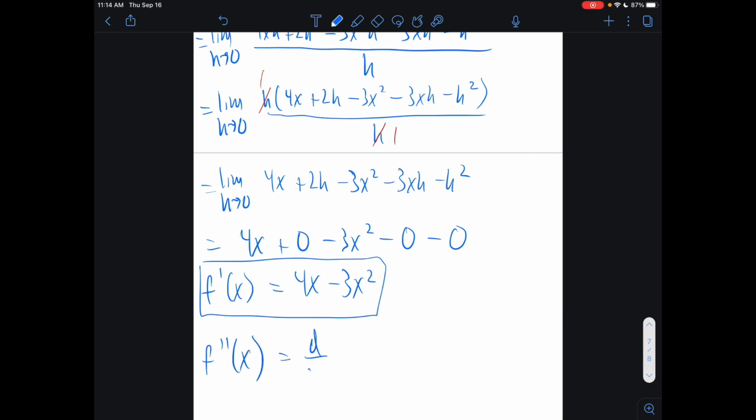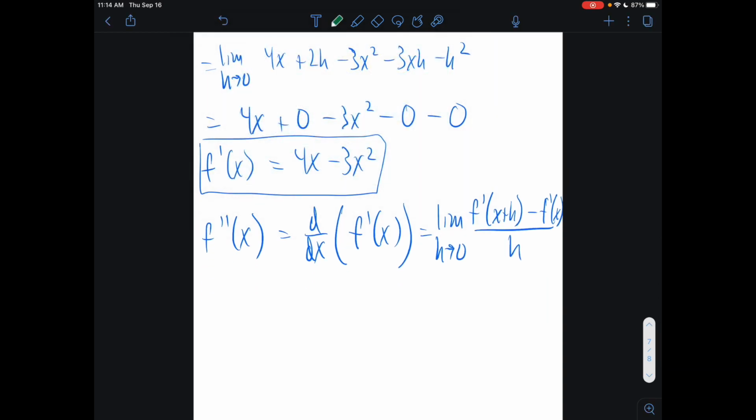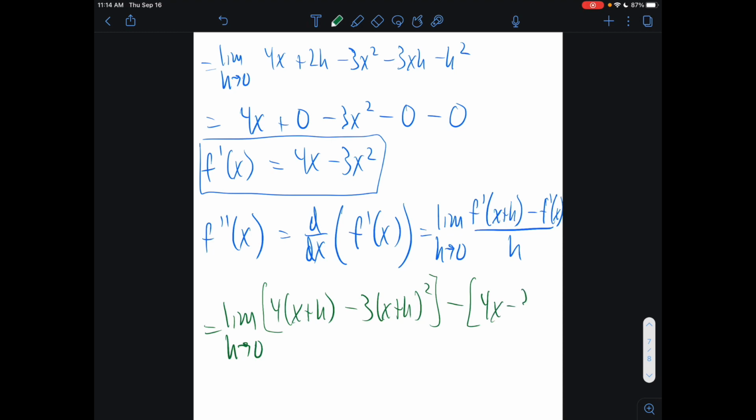This just means the derivative with respect to x of f prime of x, which means we need to find the limit as h approaches 0 of f prime evaluated at x plus h minus f prime of x, divided by h, which means we'll have the limit as h approaches 0 of 4 times x plus h minus 3 times x plus h quantity squared minus f prime of x, which is 4x minus 3x squared. All of this divided by h,